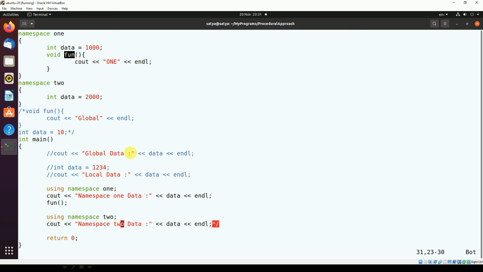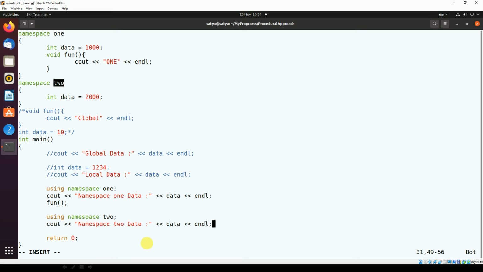So same thing again here. Global you have commented, but here what will happen? So what will happen again here? The compiler has visibility of namespace 1 and namespace 2.